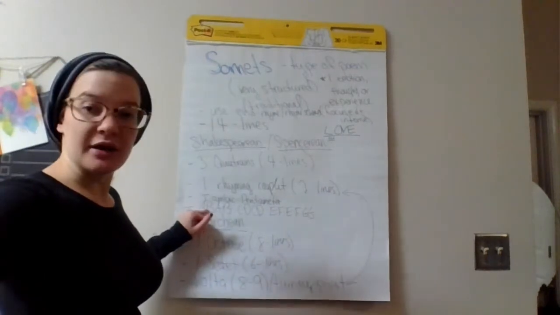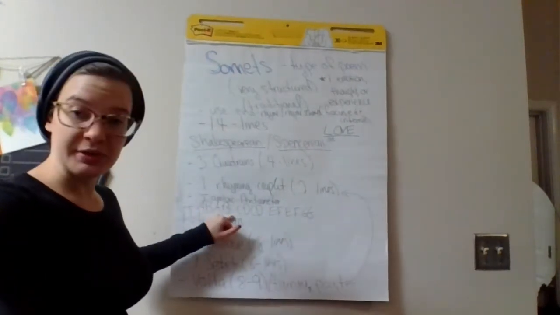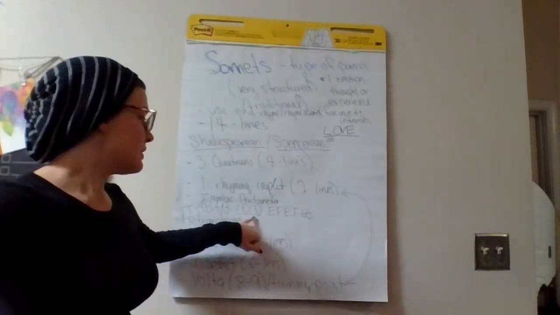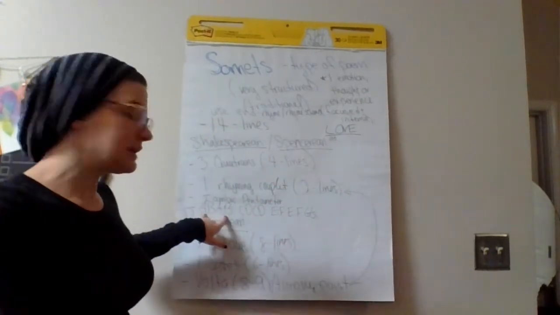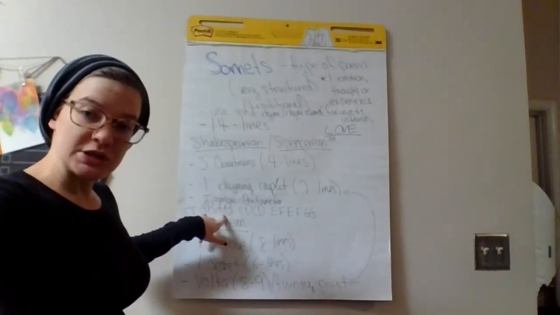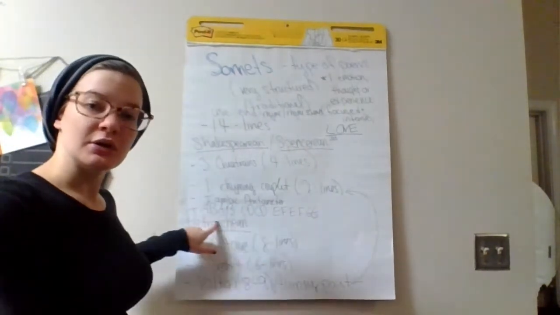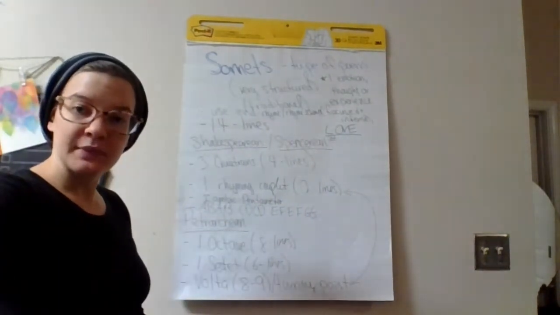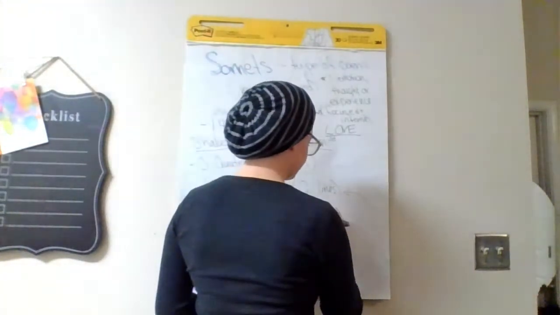So the last word of the first and third line will rhyme. The last words of the second and fourth line will rhyme. The fifth and seventh line will rhyme. The sixth and eighth line will rhyme. So whatever letter matches, those words should rhyme. If you write these letters at the end of each of your lines, the matching letter will rhyme. On the other hand, for Spenserian,